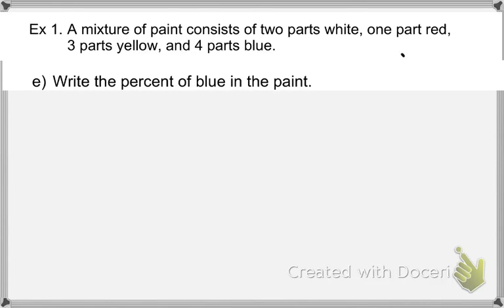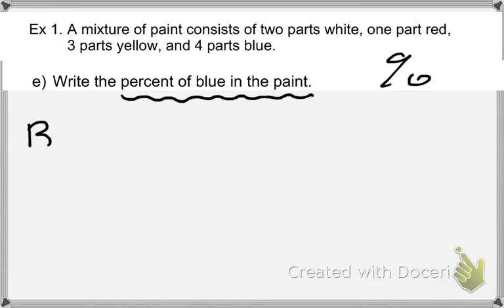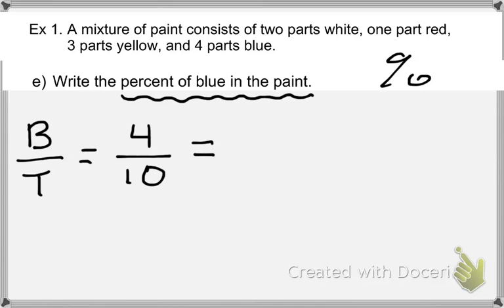Write the percent of blue in the paint. So if you want the percentage of blue that's in the paint, start with the fraction of blue over total. So it's 4 parts blue over a total of 10. Then you turn a fraction into a decimal by doing top number divided by bottom number. You don't have to show this step. So on your calculator, you do 4 divided by 10, and you get